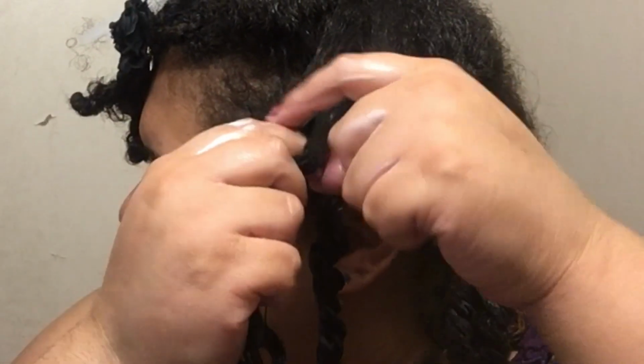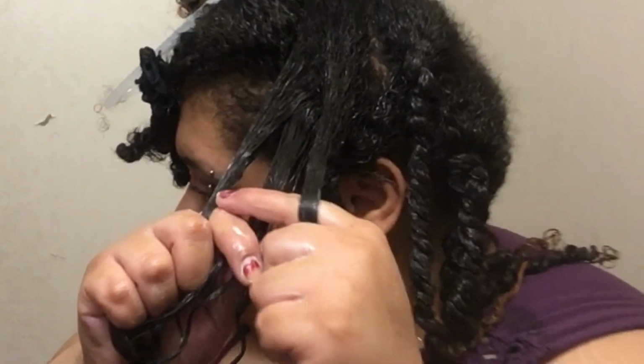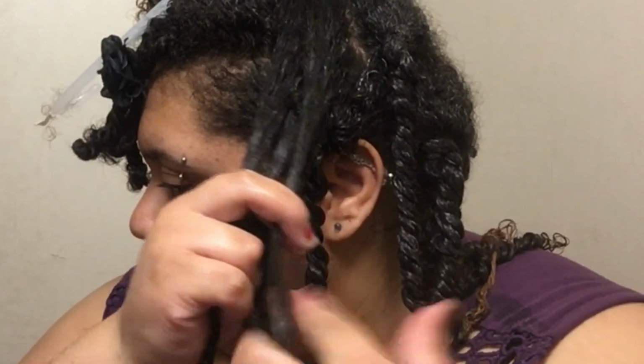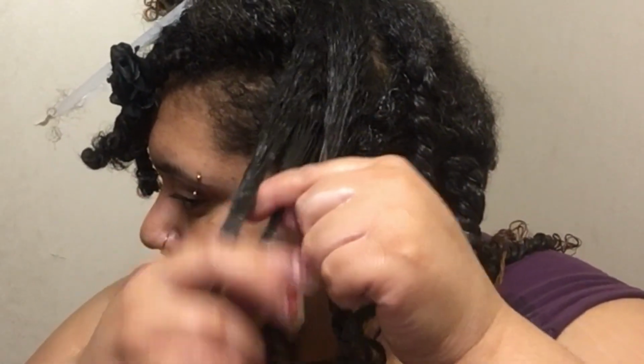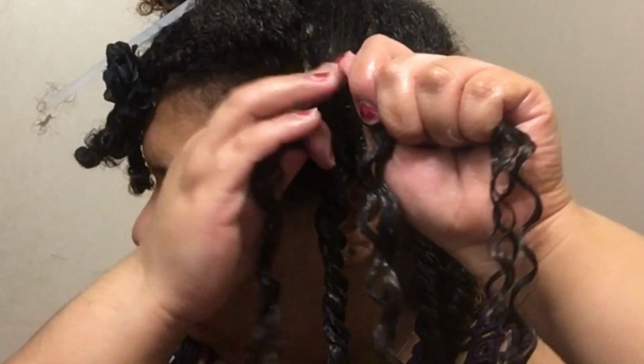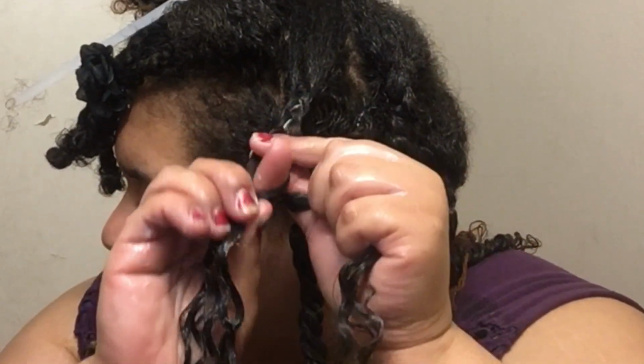So I'm just smoothing that onto my hair, and then I will start the twist. So like I said, I'm going to be starting off the twist by applying a braid, about half an inch down, just to make sure my roots aren't frizzy. And I do want my roots to be nice and smooth, just like the rest of my hair. I created a braid first before I started the twist, and then once I'm ready to create the twist, I'll stop the braid